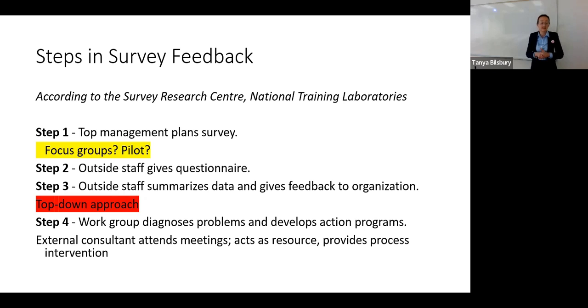And I hope that you have a psychometrician on board somewhere. There is an art and a science to developing surveys that are good, so that when somebody circles a number from 1 to 5, the summary of that actually means something, rather than you saying, okay, average 3.5, what does that mean? They're saying that the top management plans the survey, and I hope they're doing that with good guidance from someone who knows about surveys, questionnaire design, and psychometrics.